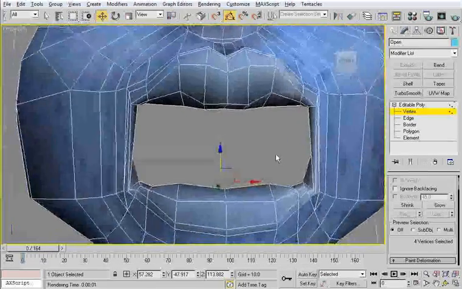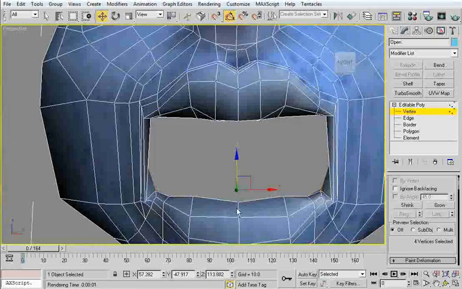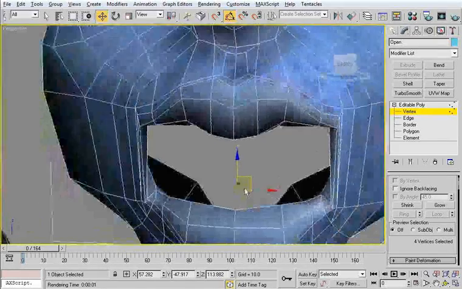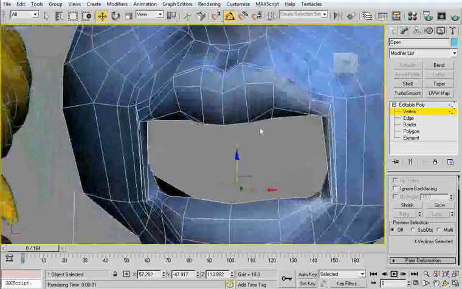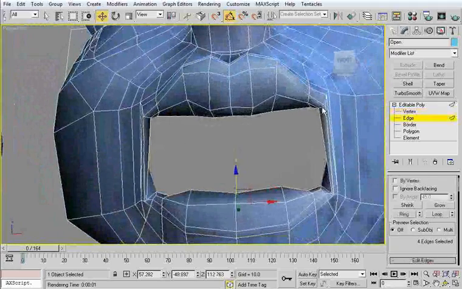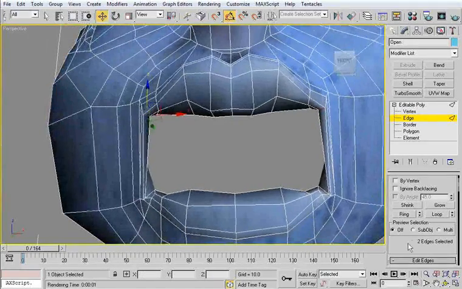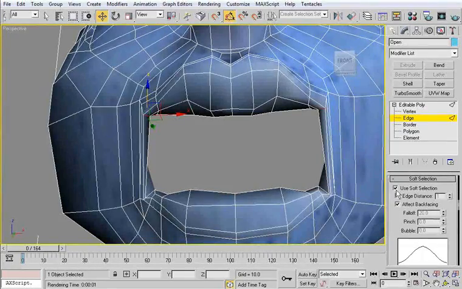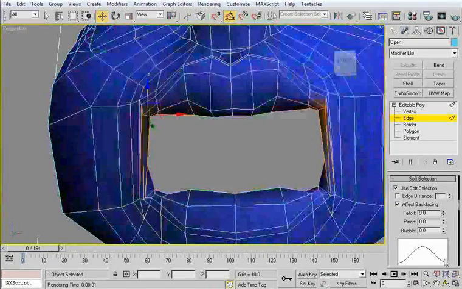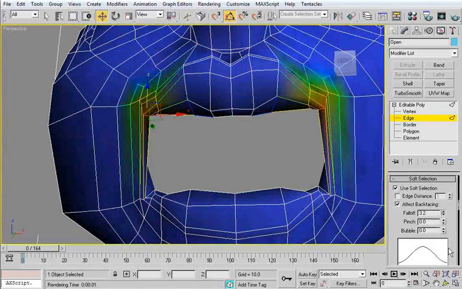Alright, so now what we've got to do is start seeing how these polygons are going to actually create this roundness in his lips. And the first thing that I see that makes sense to me would be to take these edges right here, start a little bit of soft selection, bring that way down, maybe something like that,